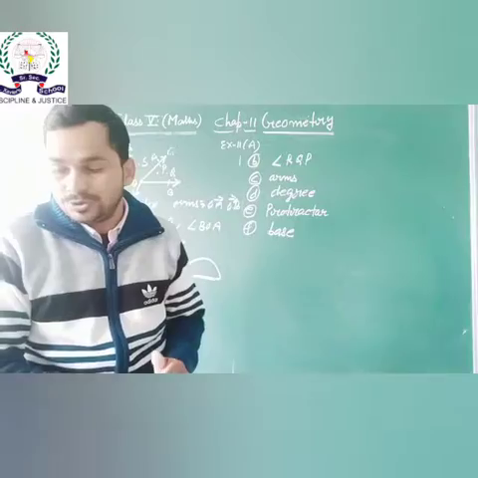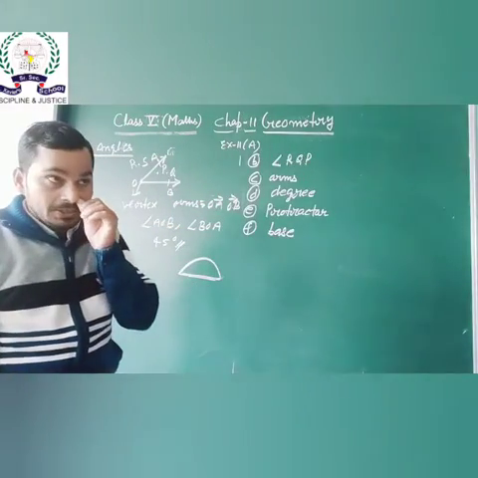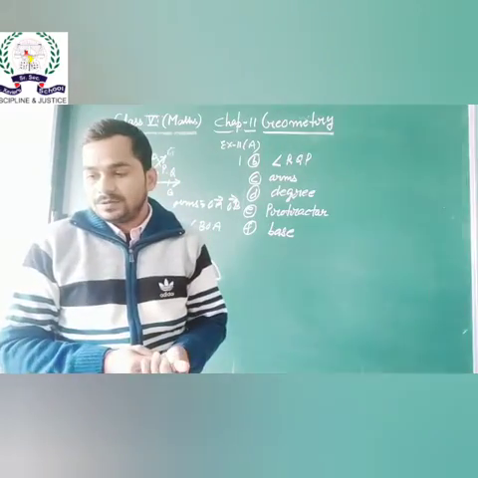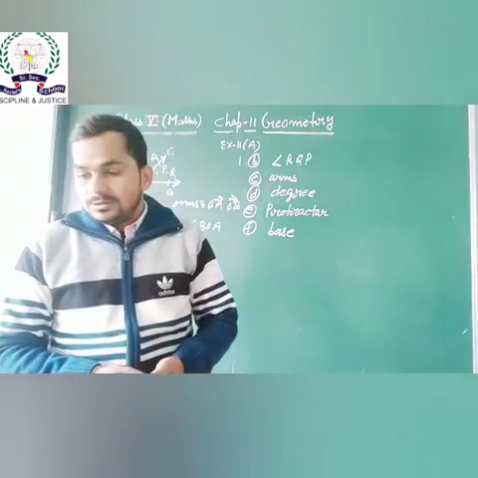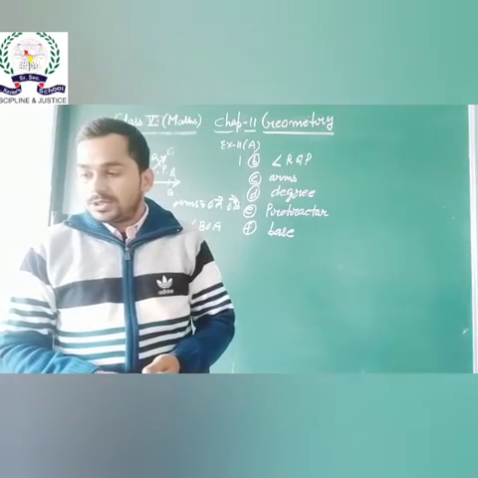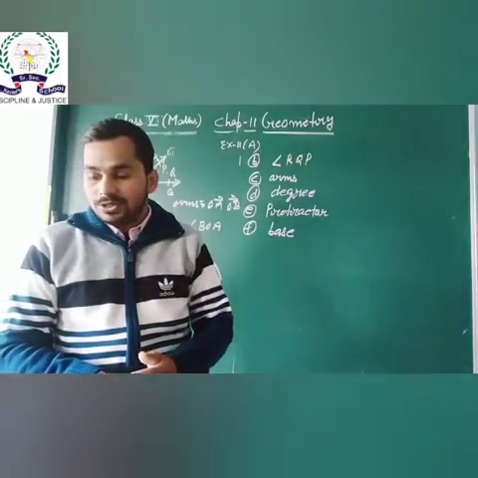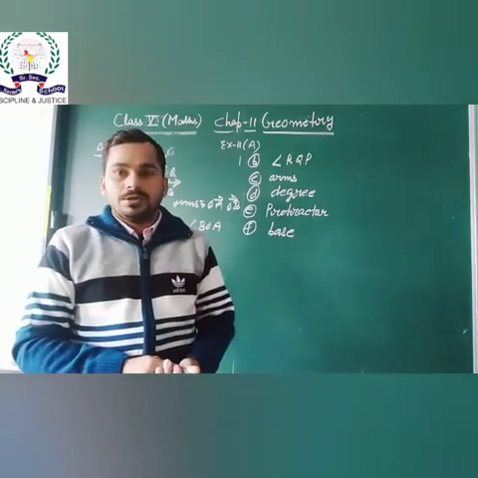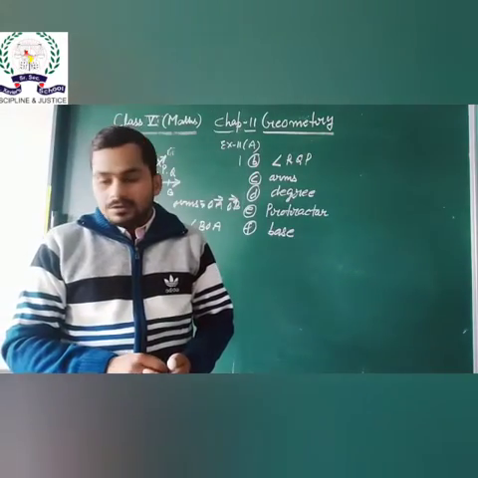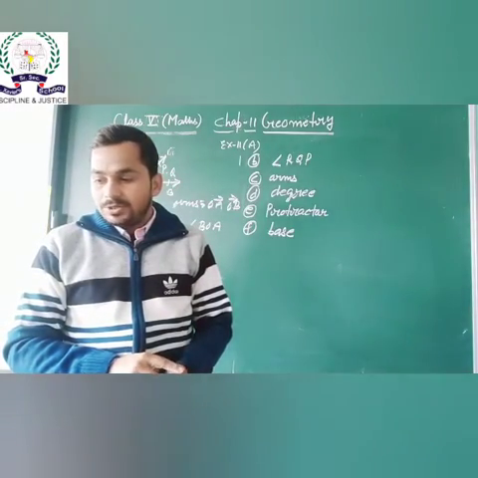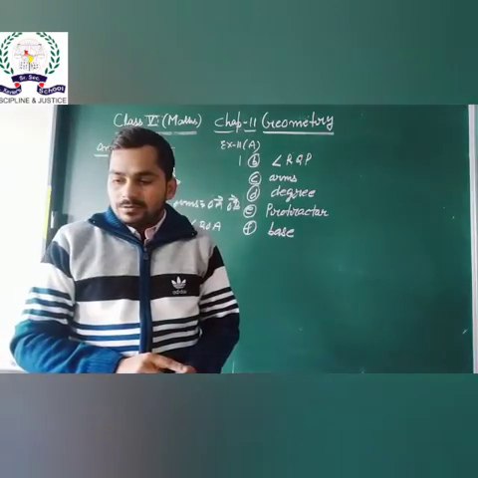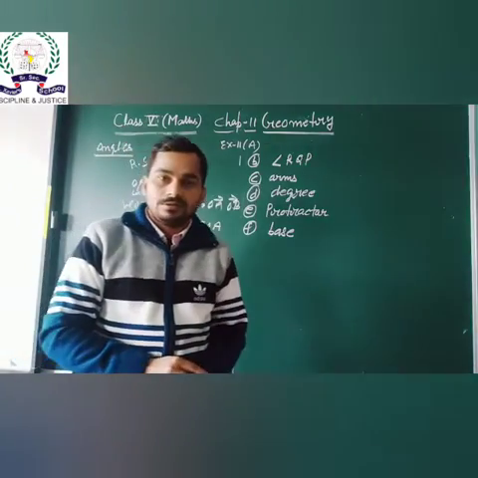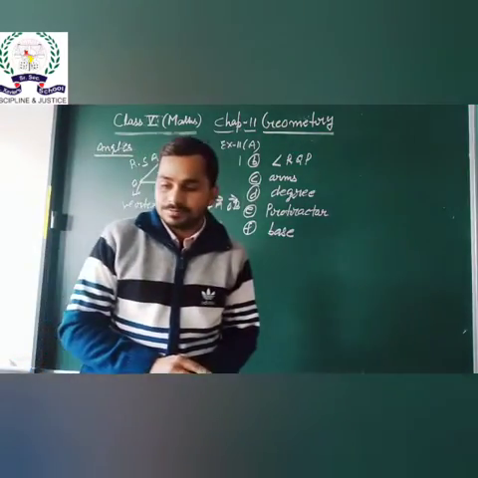Question number 2: check with the help of a protractor whether the measurement of the following angles is correct or not. Measure the angle by protractor, then check if it is correct. Similarly, question number 3: measure the following angles with the help of a protractor and write your answer in the blank below each angle. You have to measure and do it yourself. Question number 4: draw the angles with the following measurements: 25 degree, 125 degree, 76 degree, 176 degree. Draw all the angles using a protractor.